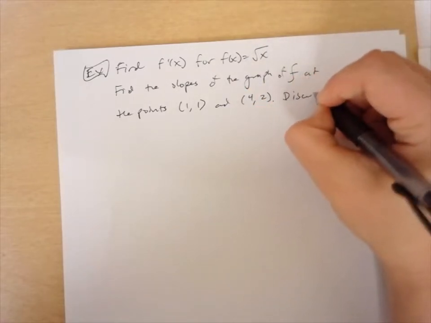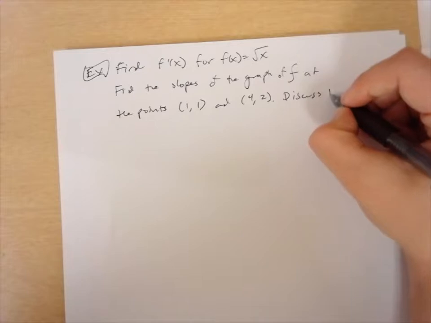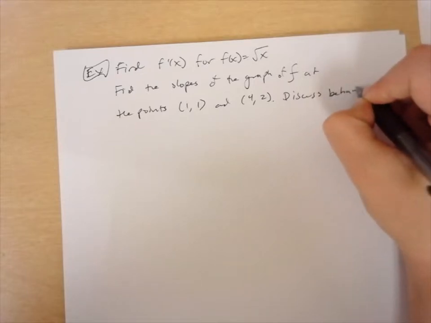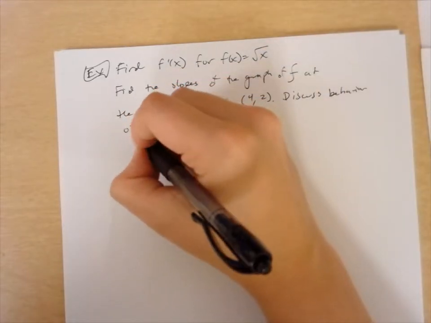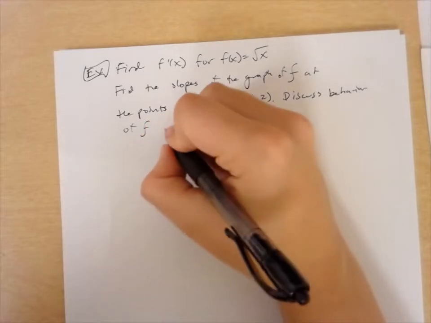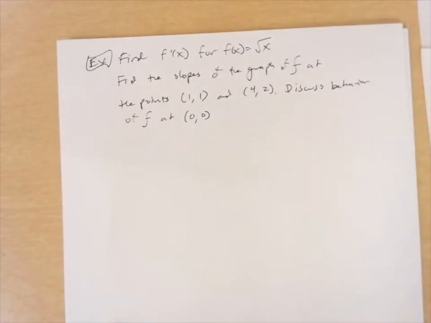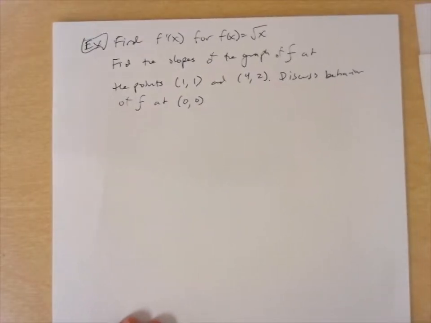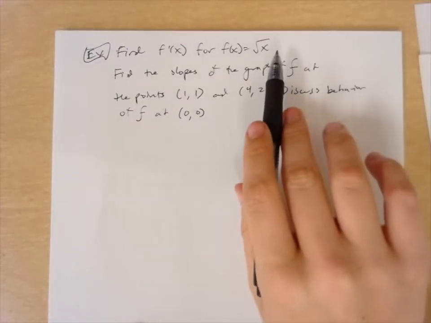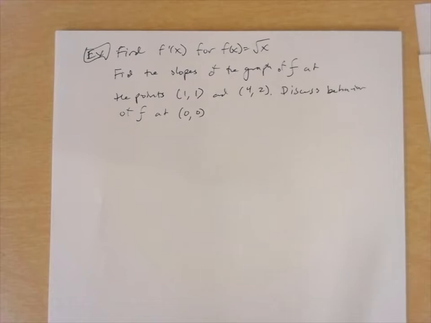And then we're going to discuss the behavior of our function f at (0, 0). Okay, so essentially we're going to find another derivative using the algebra like we just did, and then